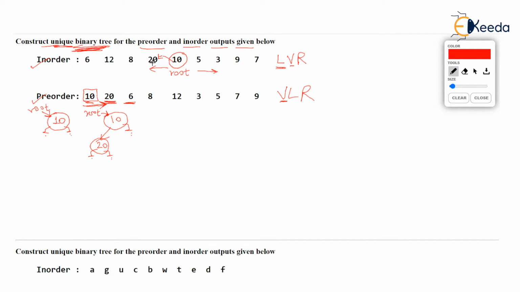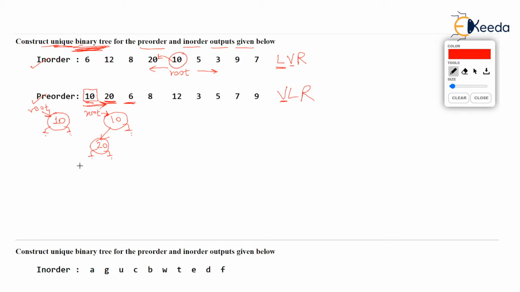And remember, we are adding 6. So where is 6 with respect to 20 in the in-order traversal? 6 is to the left of 20. So 6 must go to the left of 20. And left of 20 fortunately is null. It is vacant, we say. So 6 goes to the left of 20.